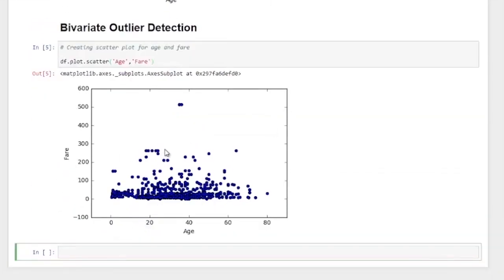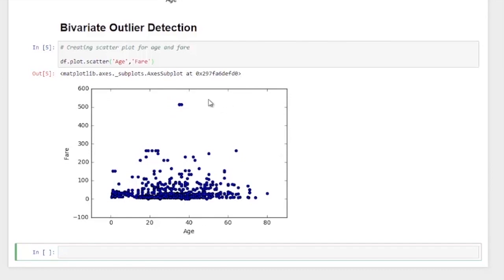Here this is the scatter plot between age and fare. Here we can see that all the values are within the normal range except these 2 points. These points are somewhere around 500 while the rest of the points are restricted below 300 for any given age. So this might be the presence of a possible outlier.